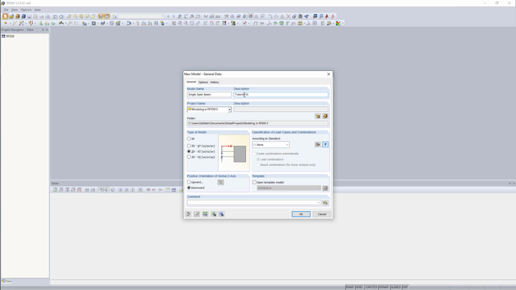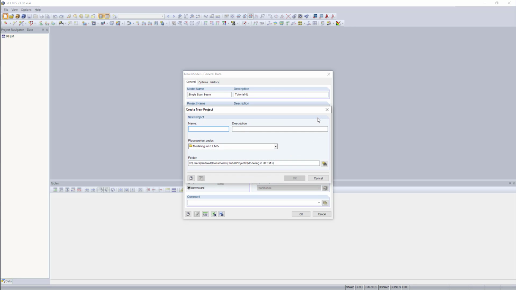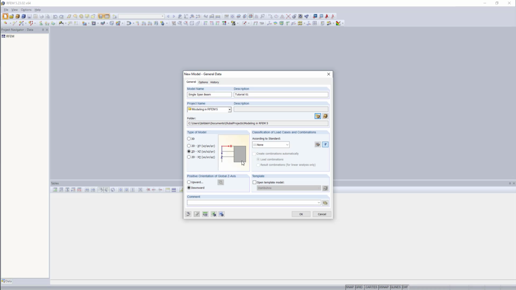And in the section below, project name, we can organize all of our projects. I've entered modeling in RFEM 5 as project name, and if you'd like to add a new project, you can do so by going to create a new project and then simply enter a new project name, choose where to place it. Next, we can define the type of model,